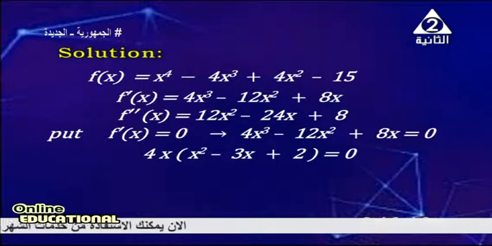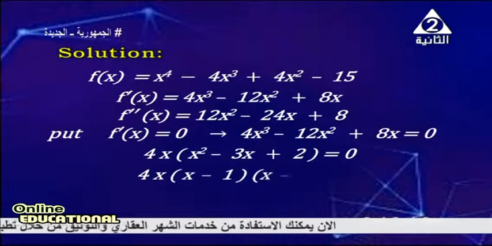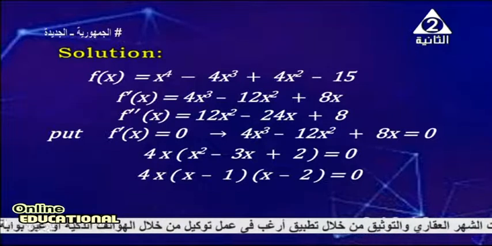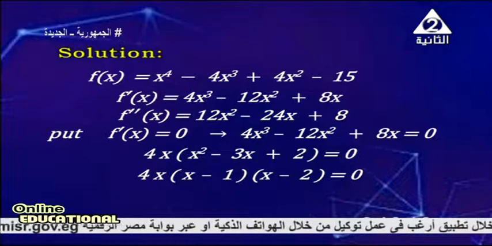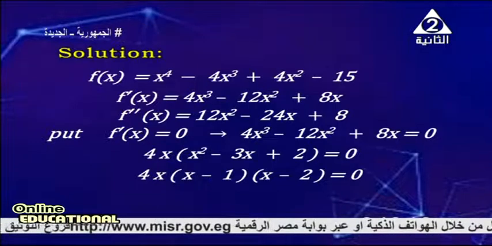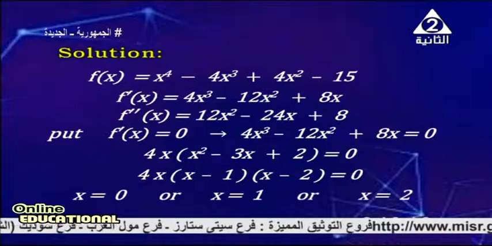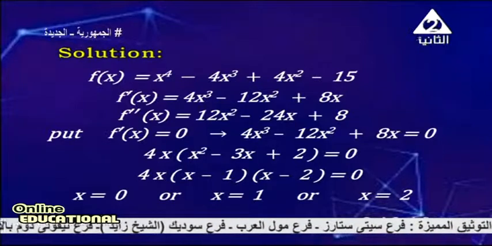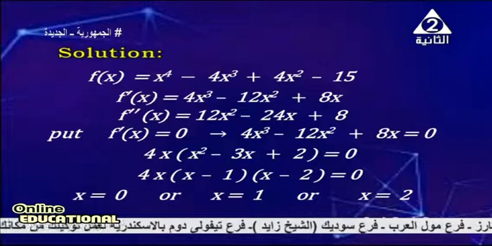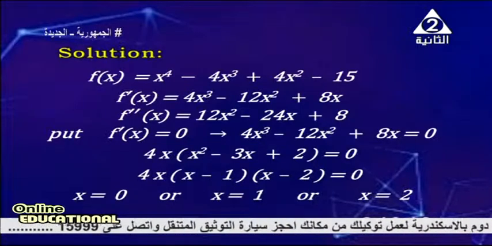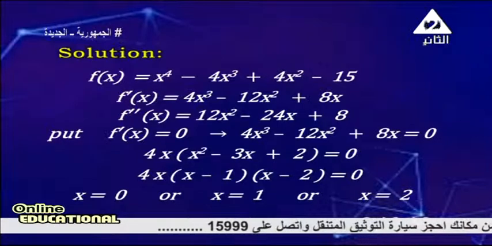By factorizing the bracket, we get 4x multiply between two brackets x minus 1 multiply between two brackets x minus 2. This expression equals 0. Then the values of x equals 0, or x equals 1, or x equals 2. Now, by using the second derivative test,